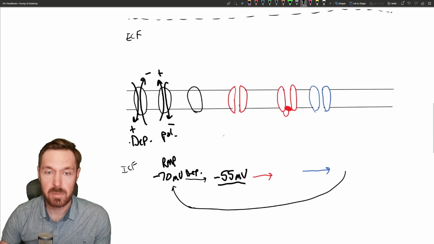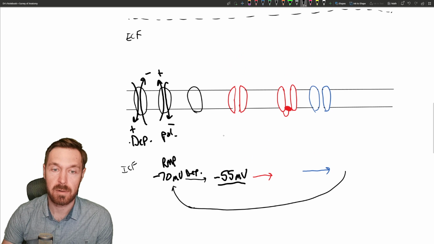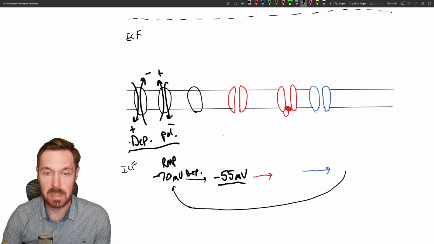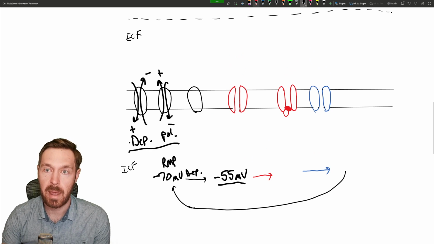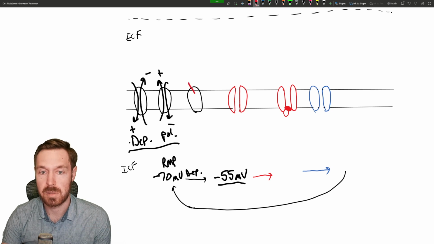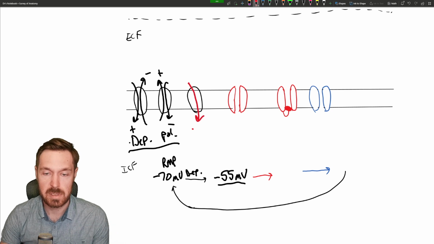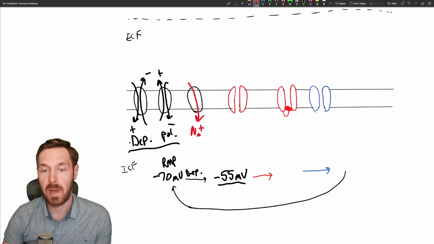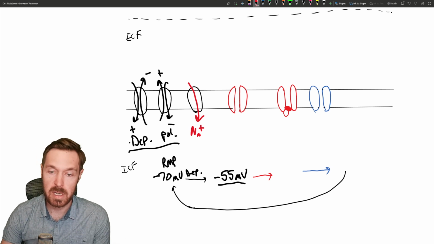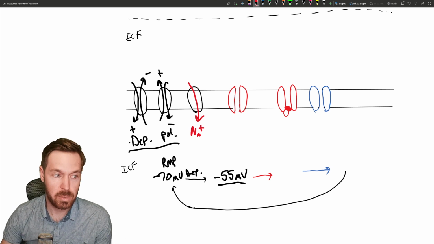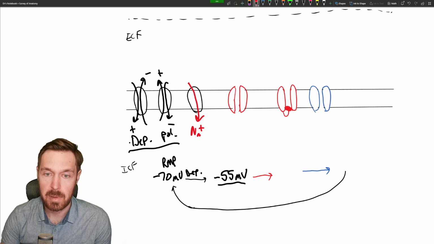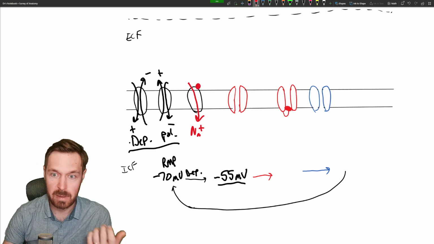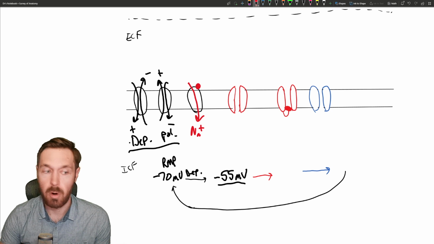So it all depends on what the stimulus is, what the receptor is, and so forth that leads to either of these events. But let's say it's salt, and you have salt receptors for taste, and you have sodium ions coming into the cell, and you reach this minus 55 threshold here. So you have enough ions coming in from sodium binding out here or something like that, and you open these channels here. They're called voltage-gated